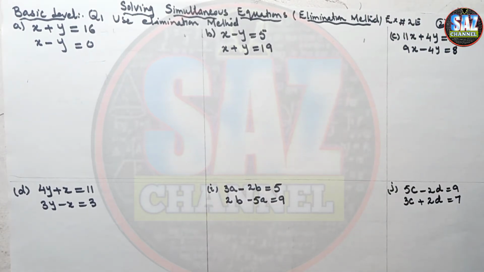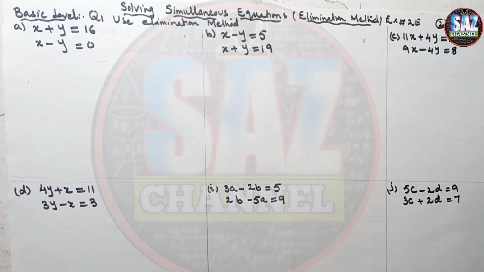This is my second lesson of D2, chapter number 2, exercise 2E, that is about solving simultaneous equations by the elimination method. If you find any difficulty in understanding what the elimination method is and how to solve simultaneous equations by it, you can watch the previous lesson, for which I'll give the link in the description box, because Maths requires the integration of the new lesson with the previous lesson for better understanding.